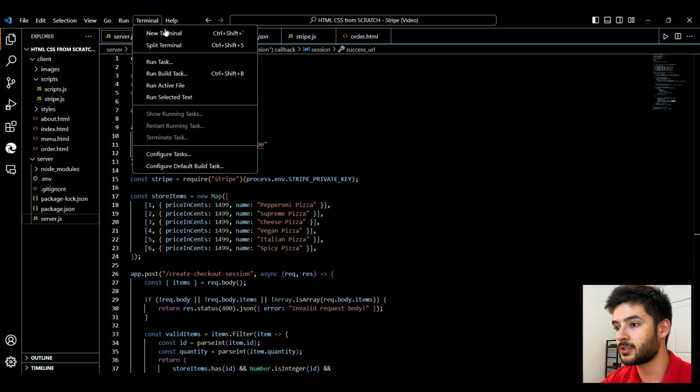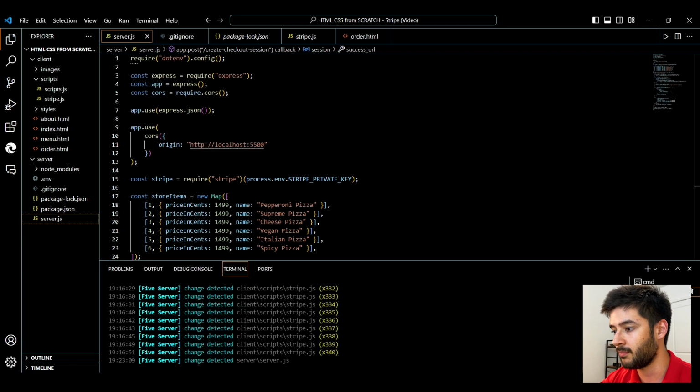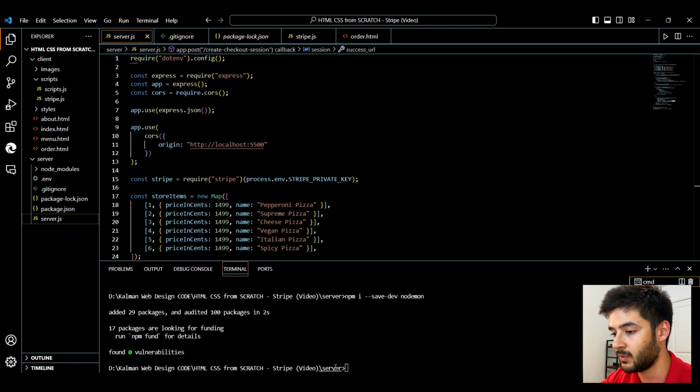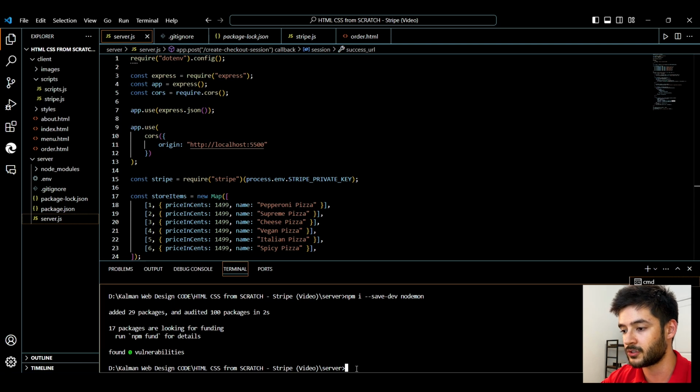Now we're going to open our terminal again, and we simply want to go back to the command prompt where we already CD'd into our server folder, and we simply want to specify nodemon server.js. What this is going to do is start our server file so we can actually make our API request to Stripe